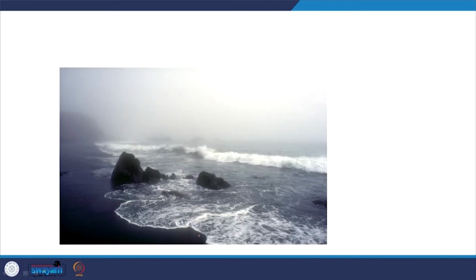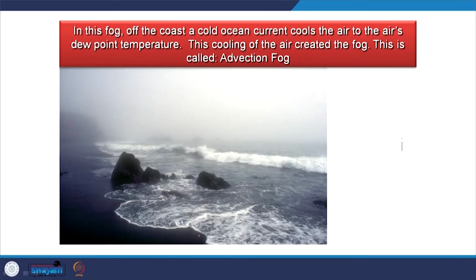Then, so this is another type of cloud, advection fog. In this fog, off the coast, a cold ocean current cools the air to its dew point temperature, allowing condensation to happen. This cooling of air created this fog. Let us say this is the picture that you see. So, this fog is just because of the cold ocean current, which saturates the air that is above the